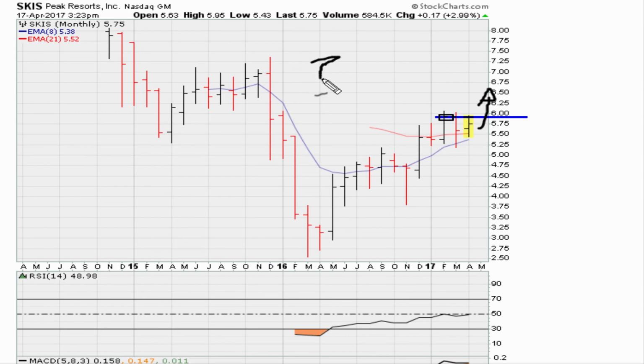SKIS has a buy point of 5.93. So wait for it to clear 5.93 before you can go and buy this one. It would need to prove itself, and that would also need the market to be stable and strong at that time. The last one on the list is